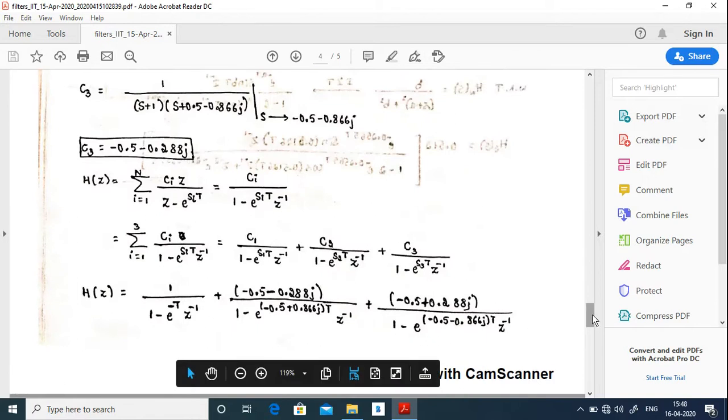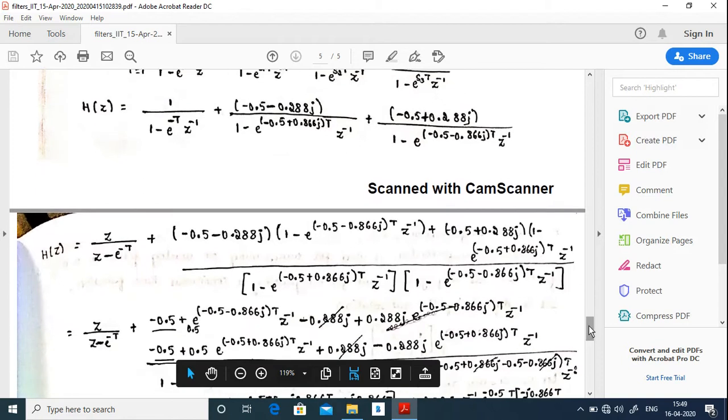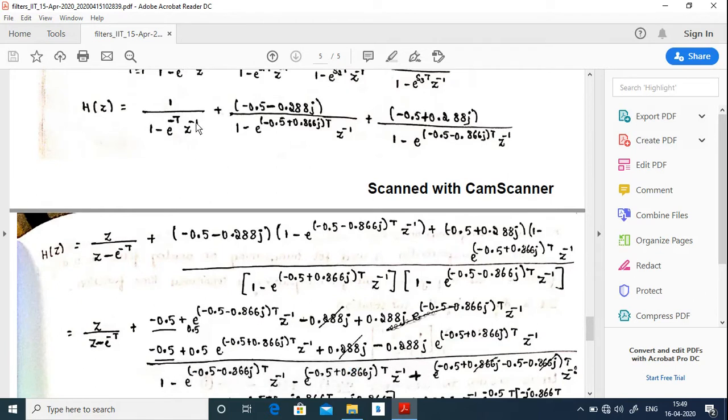Since in this problem they have given us the transfer function, we need to further simplify this. Okay, so we'll see what to do. This expression can be written like this, that is, I have transferred z to the numerator. So z inverse can be written as 1 by z, that can be further shifted here, and this denominator will be shifted to the numerator.